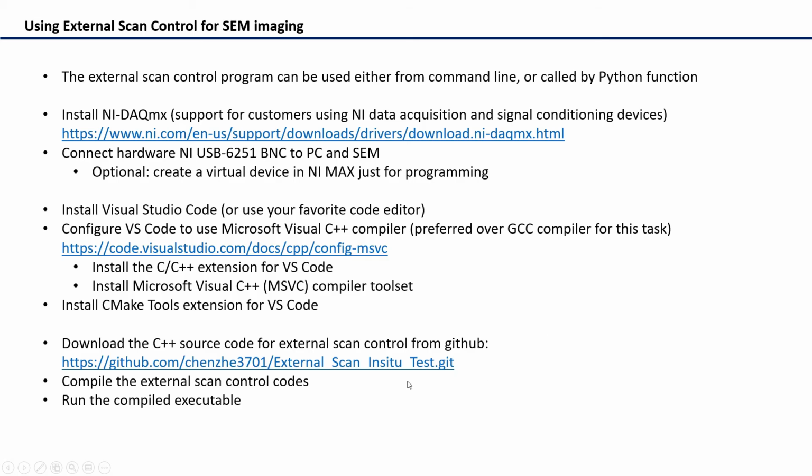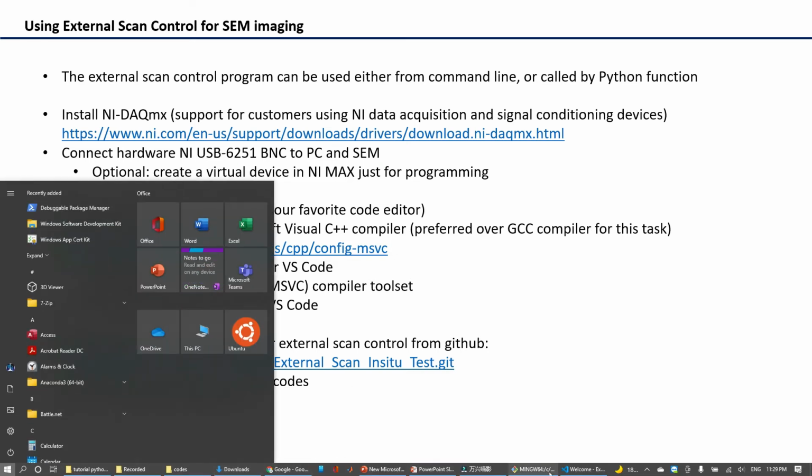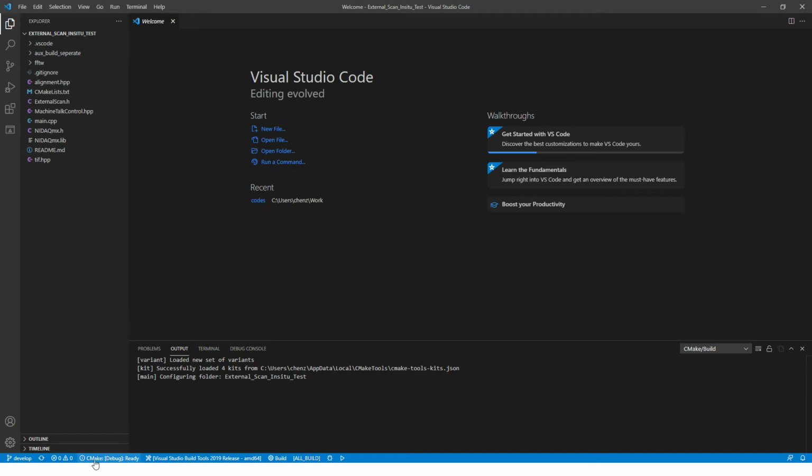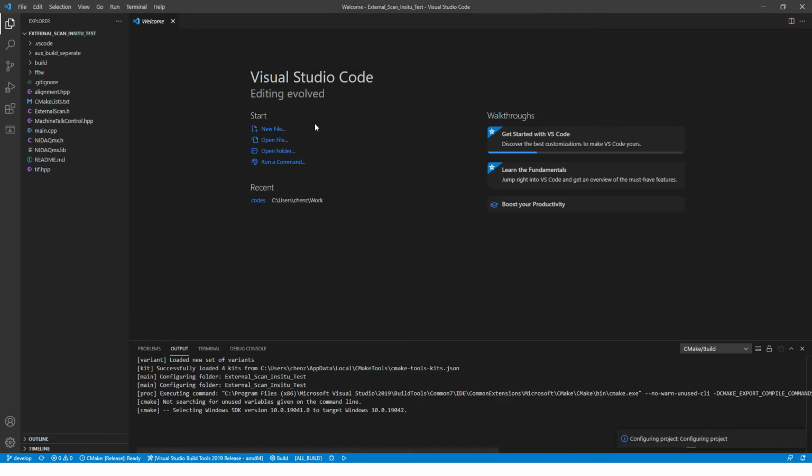Now let's look at how to compile the C++ code in Visual Studio Code. Here we can click and select whether we want to compile a debug version or a release version of the code. Here we select release.